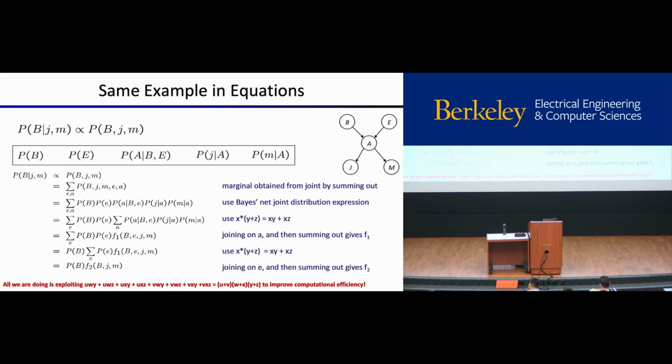And then from there, we say, okay, now we have this other variable E. We don't care about that variable either, so we're going to push the E summation in as far as it will go. That pulls the P of B out. We have 2 terms with an E in them. Multiply P of E times F1, sum out over E, and we get another factor. We'll call that F2, an arbitrary name. Now we have P of B times F2 of BJM. So we can then join these on B and then normalize, and that'll give us our result, just the same as before. Yes?